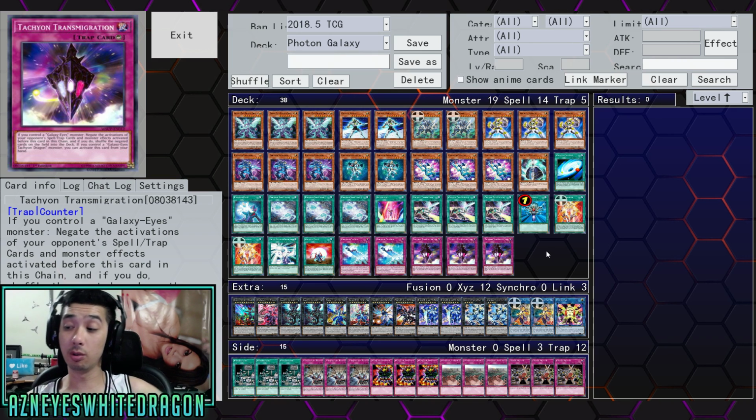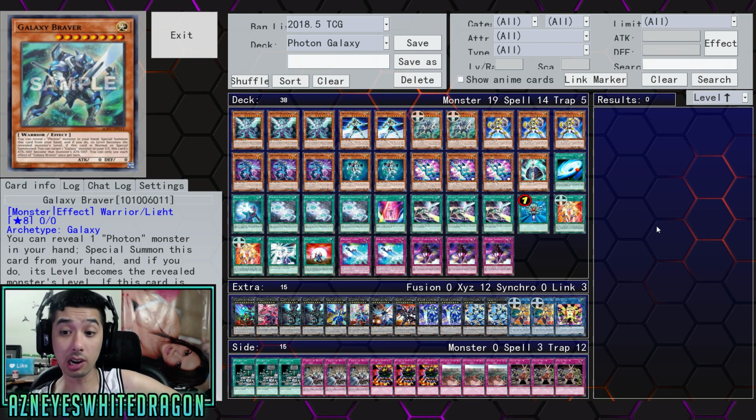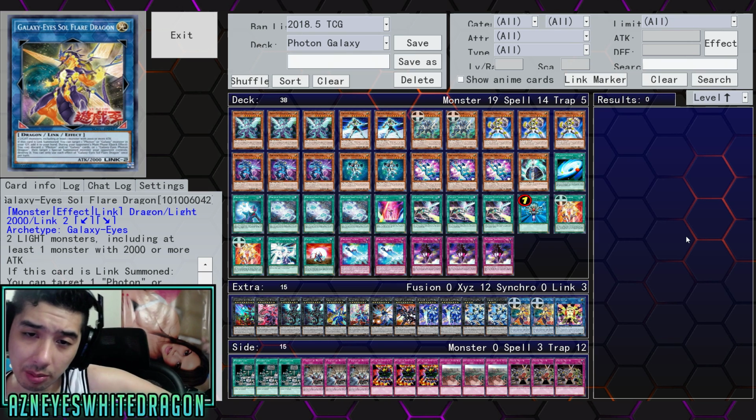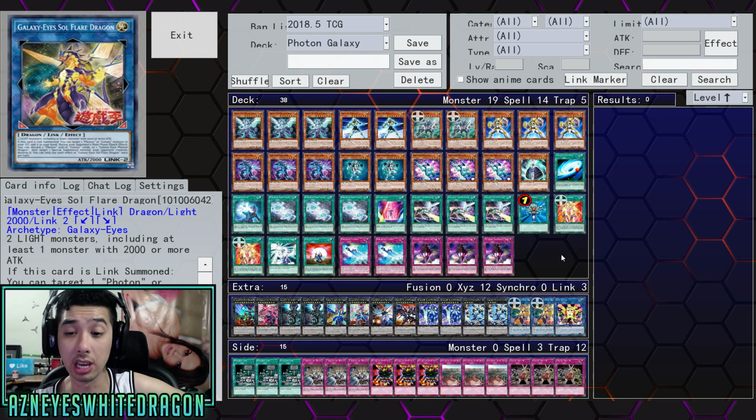But anyways, let me know what you think of the new Galaxy support. Do you guys think it's going to be meta? I honestly think it's pretty dang good. I mean, it's very consistent at throwing out like 2-3 negations. And then on top of that, you definitely have a lot of big beaters to deal with a lot of decks. But some decks just don't have that many options to deal with big beaters, especially when you have, of course, the...